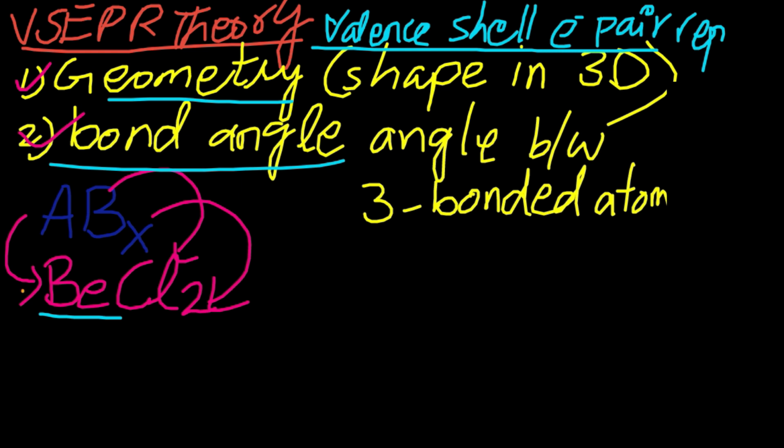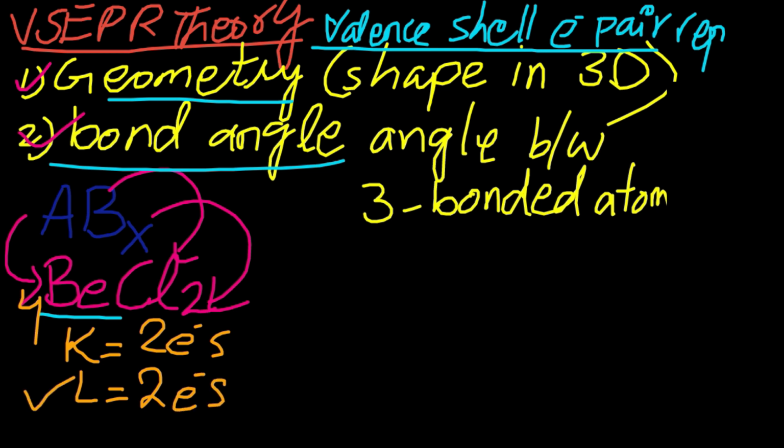As beryllium has 4 electrons, and out of these 4 electrons, 2 electrons reside in the K shell and remaining 2 electrons reside in the L shell. As L shell is the outermost shell having the electrons, so this L shell is actually the valence shell and it is having the 2 electrons. The best possible condition for 2 electrons around the beryllium atom is the position opposite to each other. And at this position, the repulsion between the 2 electrons is minimum, and this is the essence of VSEPR theory,